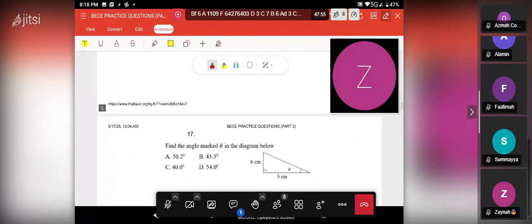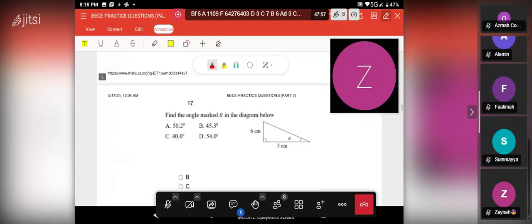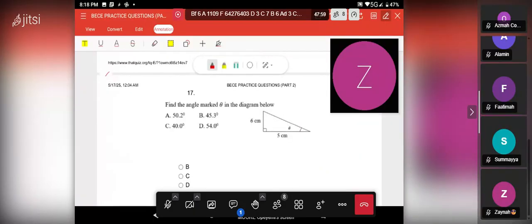Next, find the angle marked theta in the diagram below. This is also elevation and depression. So we are going to say this is even easy. Now, who can tell us which one to use? Now, we have opposite to the angle 6 and adjacent to the angle 5. Tan. We can use tan. Yes, okay, that is tan